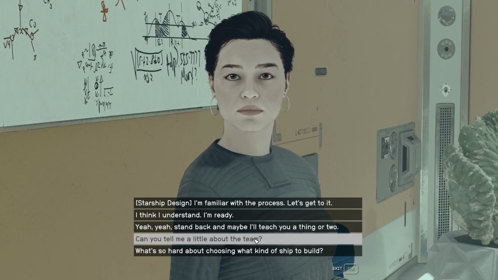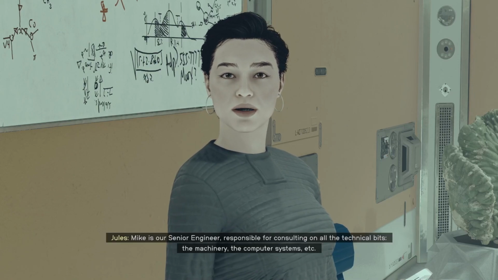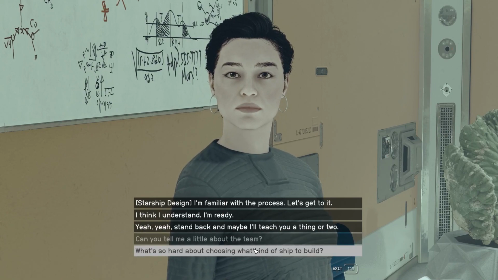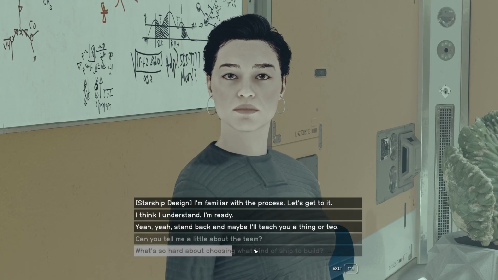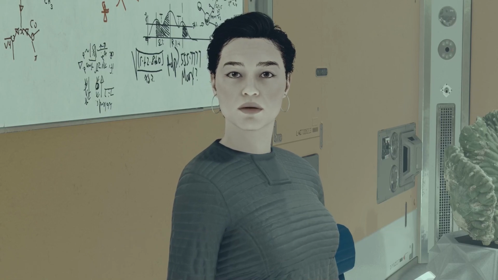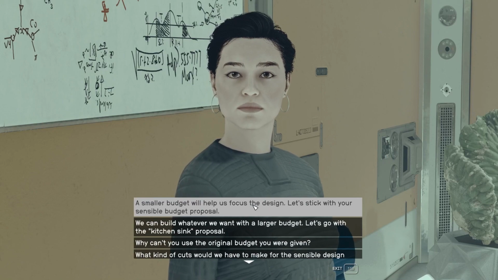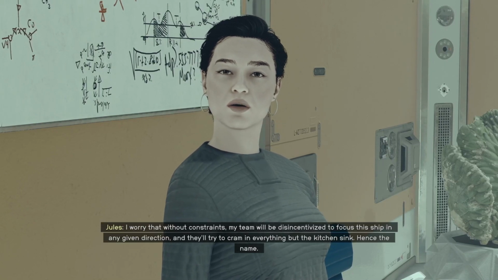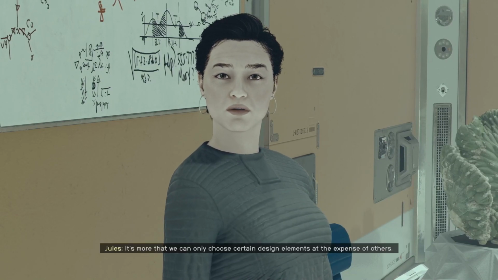Sure. There's Ella, and Mike is our senior engineer. And then there's Ned. There are a lot of... Which components are we putting? What color should it be? Ah, right. So we were charged with... So we have 2 new... The other will allow us... While it's true we'd be able... I worry that without constraint, who knows what kind of... It's more that we can all...